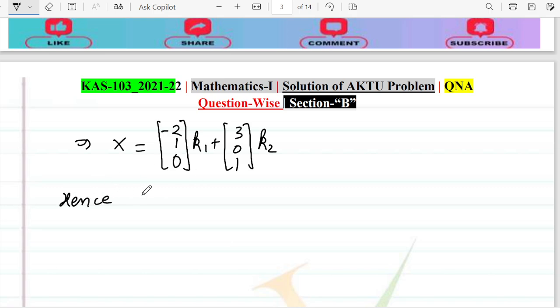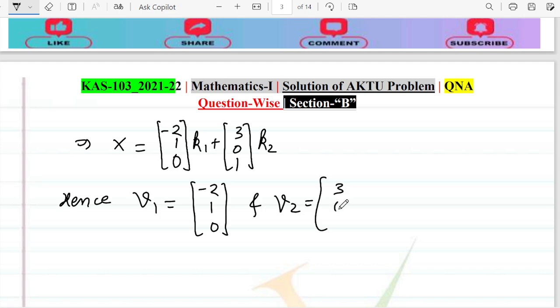Hence v1 is equal to (-2, 1, 0) and v2 is equal to (3, 0, 1). Now next,